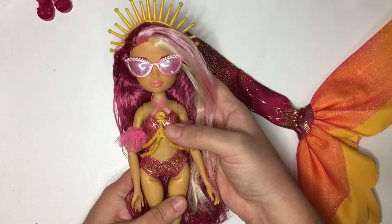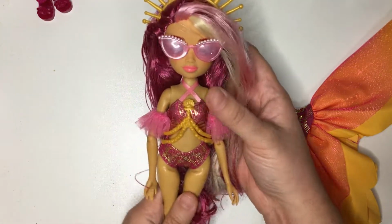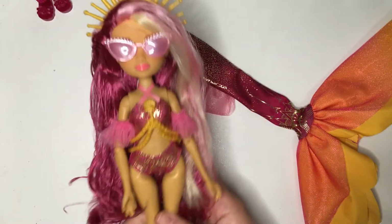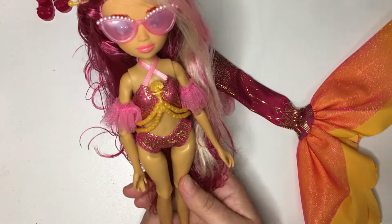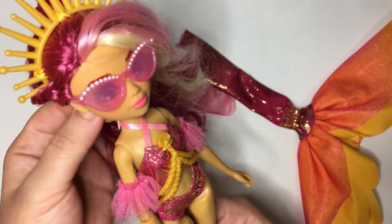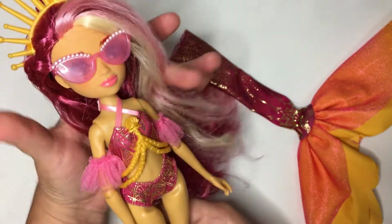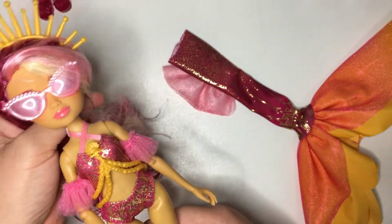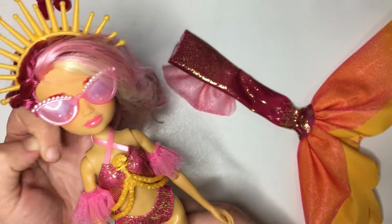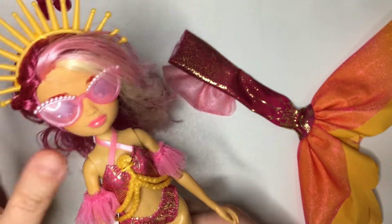I love mermaids, and I think this line is much cooler than mermaids. I don't know, there is something wrong about mermaids. To me, mermaids look like another LOL OMG or Rainbow High kind of theme, and it's becoming repetitive and a bit boring because